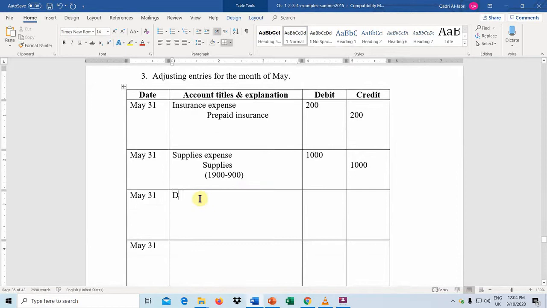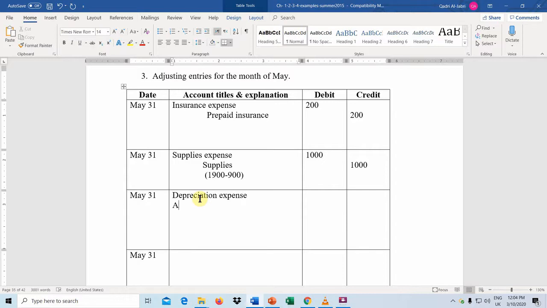So we will have depreciation expense and the credit for accumulated depreciation for lodge, and